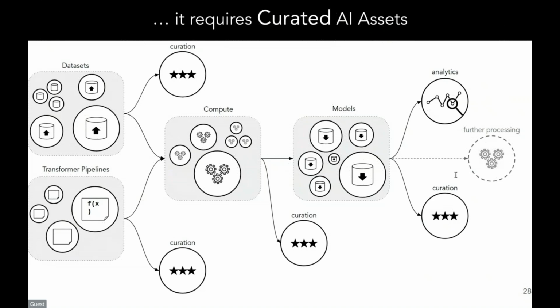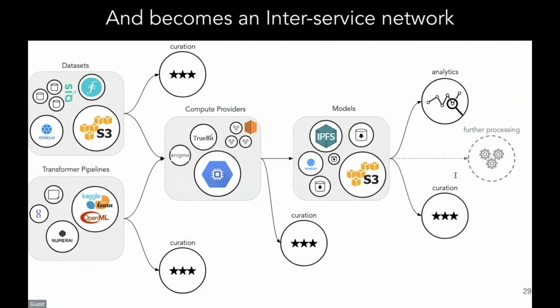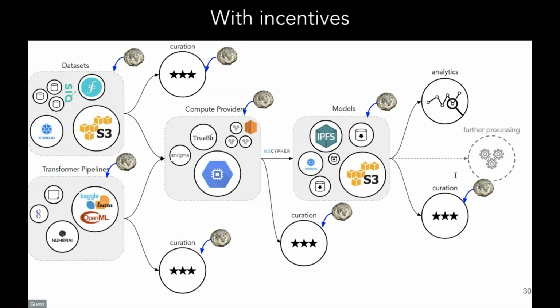So we also have then, this is actually becoming some type of inter-service network. So data can also be considered a service if it's associated with the serving of the data. So the download of data is this type of service, or access to data is a service. And of course, the core reason why blockchain technology is so valuable, it's not just a distributed database, but it actually allows incentive to be added on chain. So